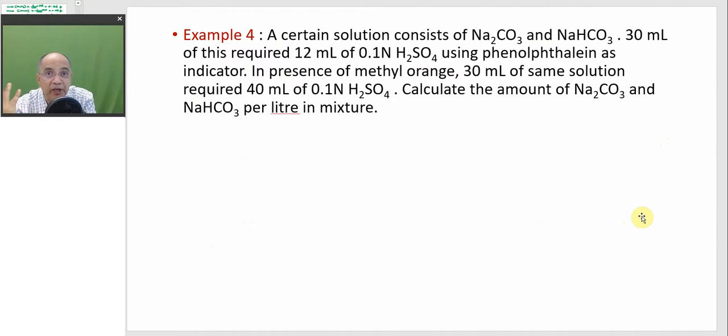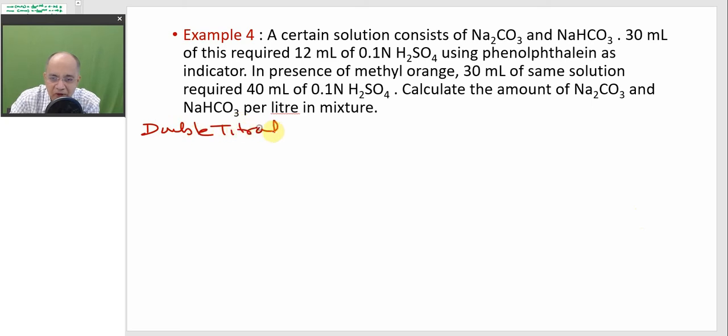Now, the same type of problem we will be doing in two separate experiments. I am taking two examples in each case. First, strong base with weak base. X we took a strong base, Y we took weak base, sodium carbonate. And two times we did one single titration. First we did double, then single. Now in this case we have excluded strong base. We've taken only two weak bases, sodium carbonate and sodium bicarbonate. First we took an example where we had one single titration. Now we will be taking two titrations, double titration.